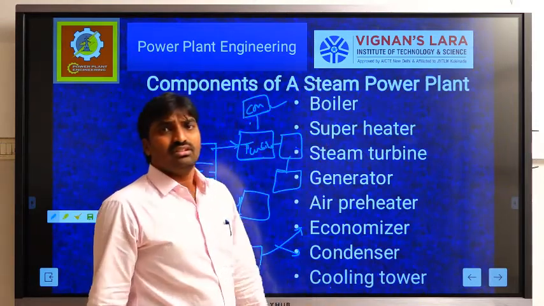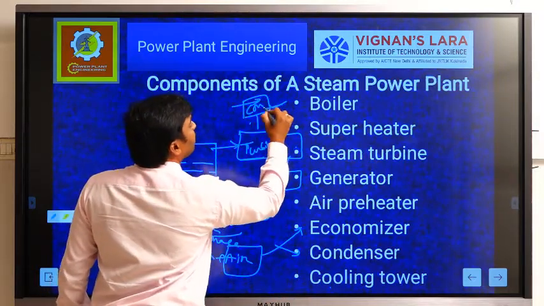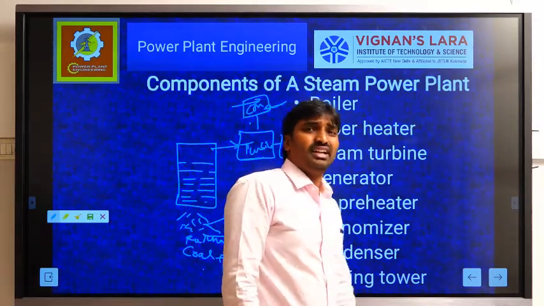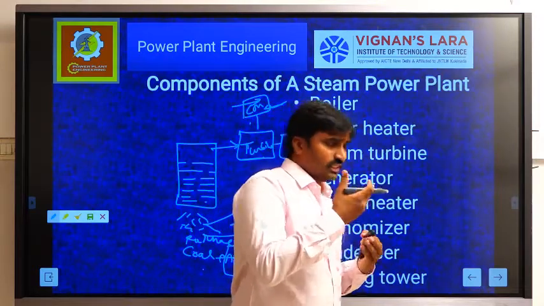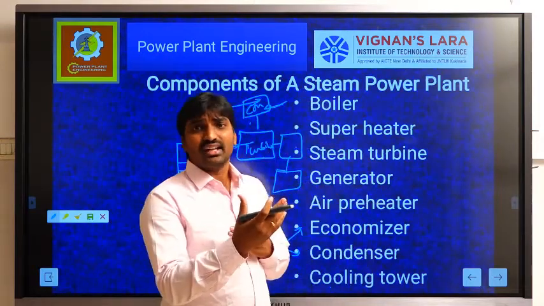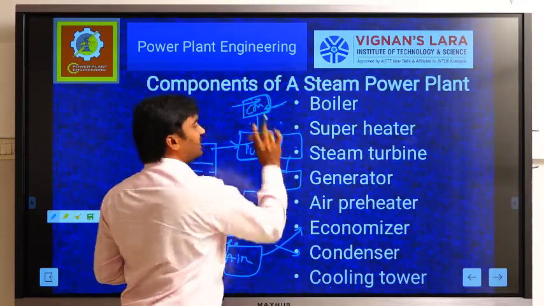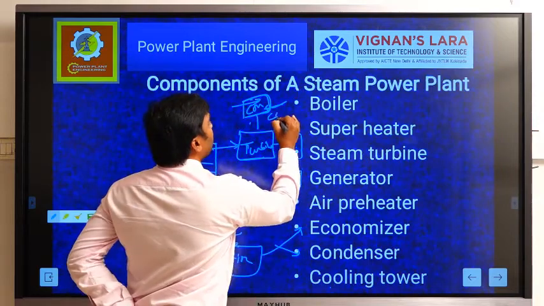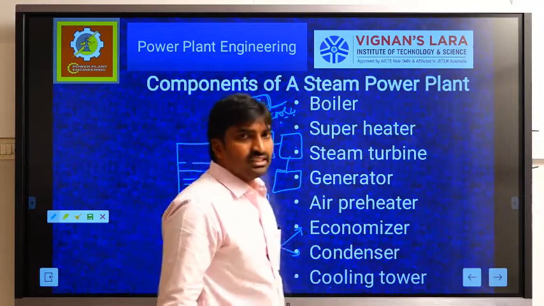And cooling water: for the conversion of steam into liquid form, it requires a continuous supply of water, because heat is transferred. What is meant by heat transfer? When two different temperatures are available, only then does heat move from one position to another. Here we have high temperature steam, so we need to supply cool water. This is the cooling tower.